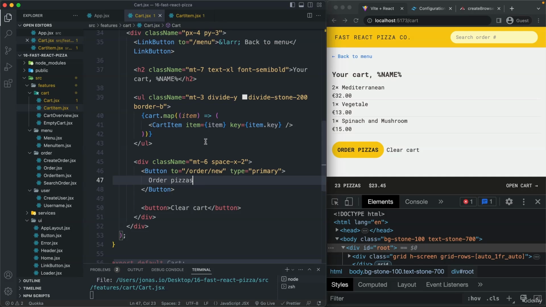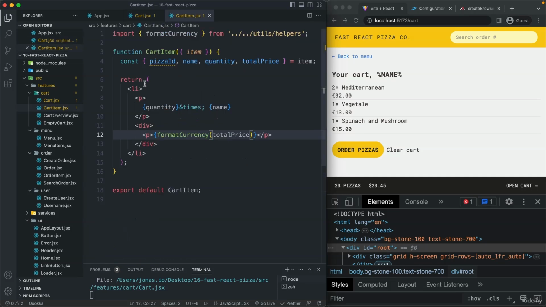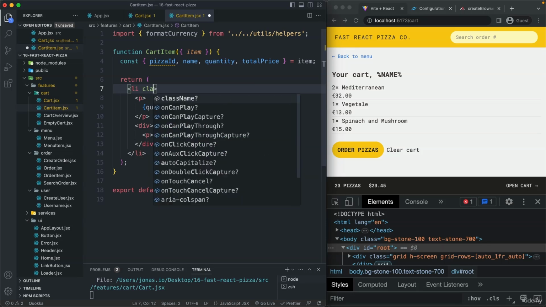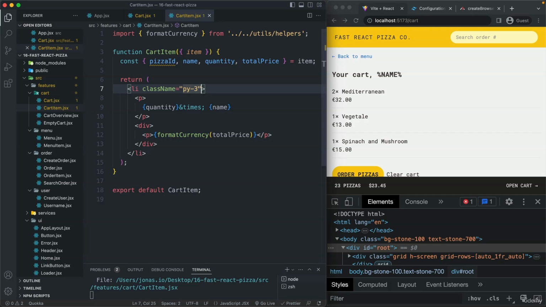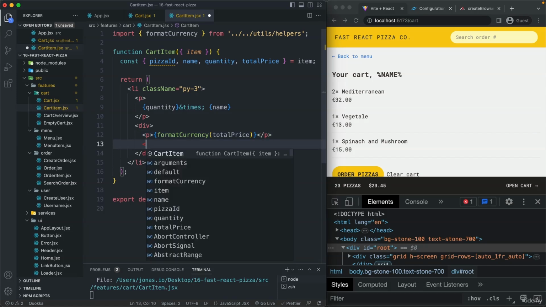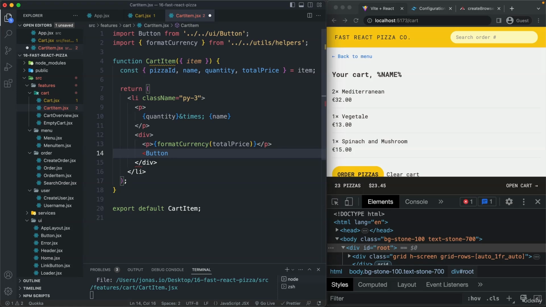And now let's style each of these cart items. Let's start by adding some space between them, by giving each of them some padding, like this. Here we can have a bit more padding than in the menu, because we usually don't have so many items in the cart. Later on, we will also have some buttons here for deleting the item from the cart and to change the quantity. And actually, let me add one of those buttons here temporarily right now. So let's use our button with the type of small,